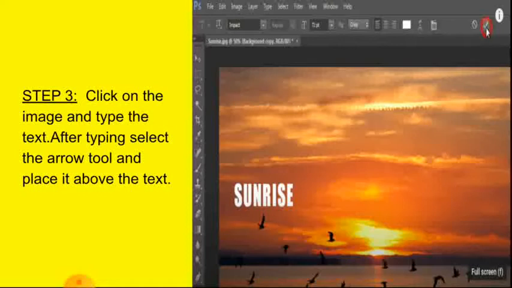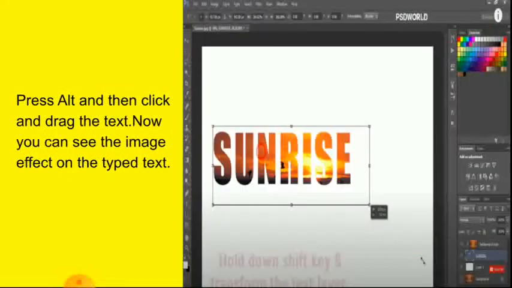After typing the text, select that arrow tool and place it above the text. Then press Alt and then click and drag the text. Now you can see the image effect on the typed text. Like this only you have to give image effect to text.